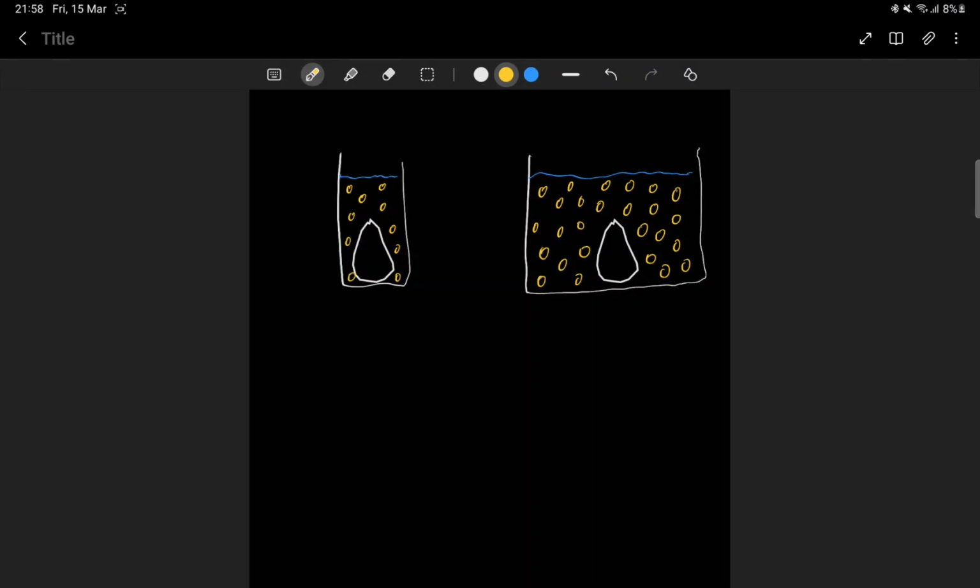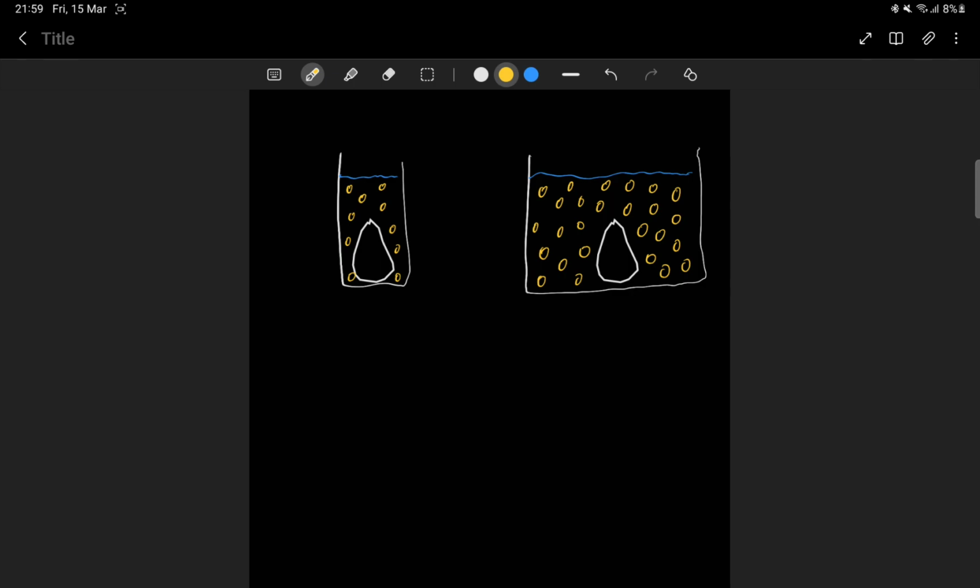Okay, so here's the way we can think about this question. For now, I'm just gonna assume that both the first and the second one have the same concentration. That'll make our life a little bit easier. So the first experiment, the one on the left here, has a smaller volume, and the right experiment has a